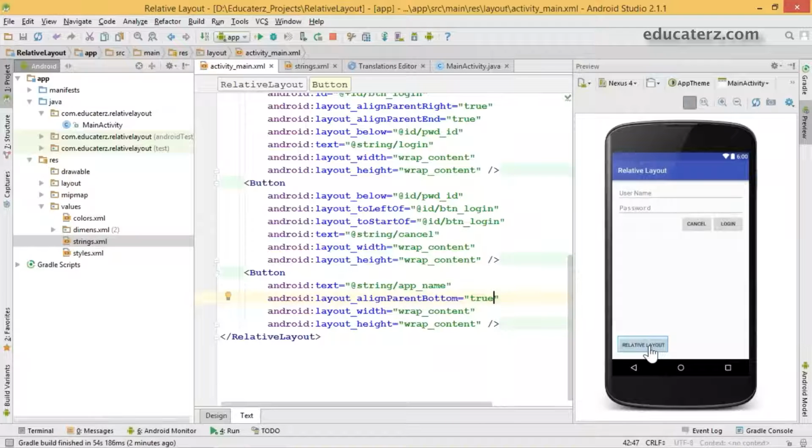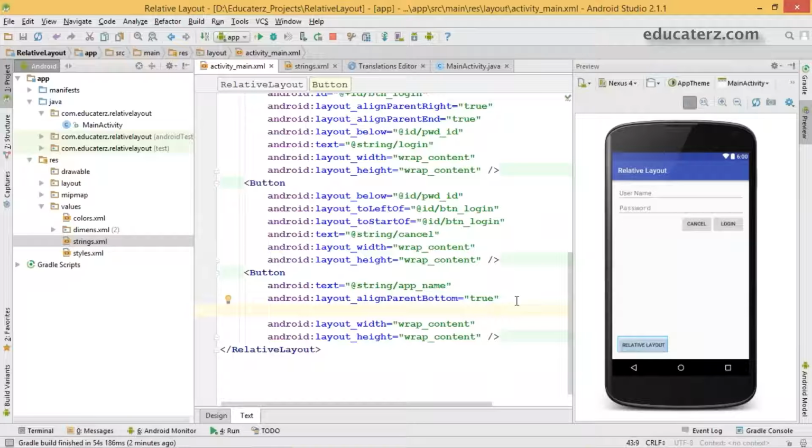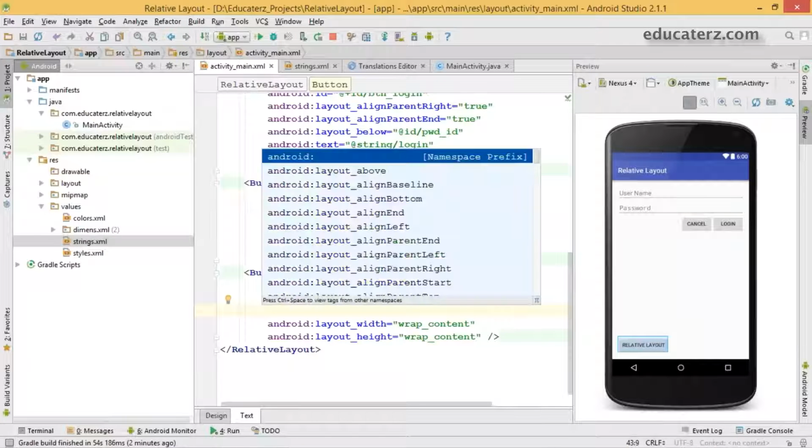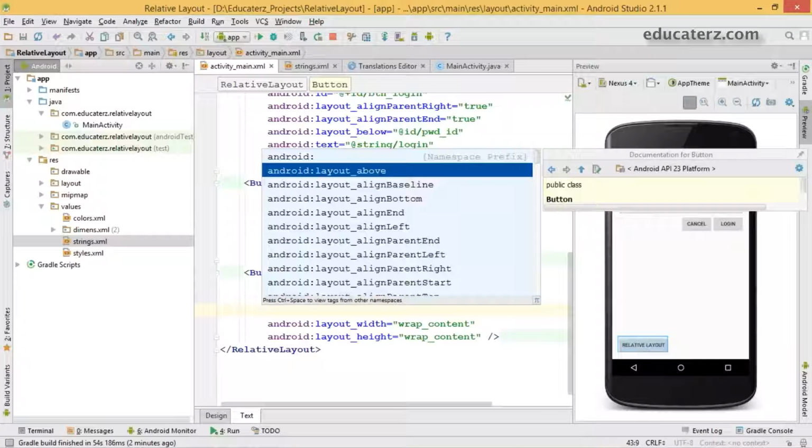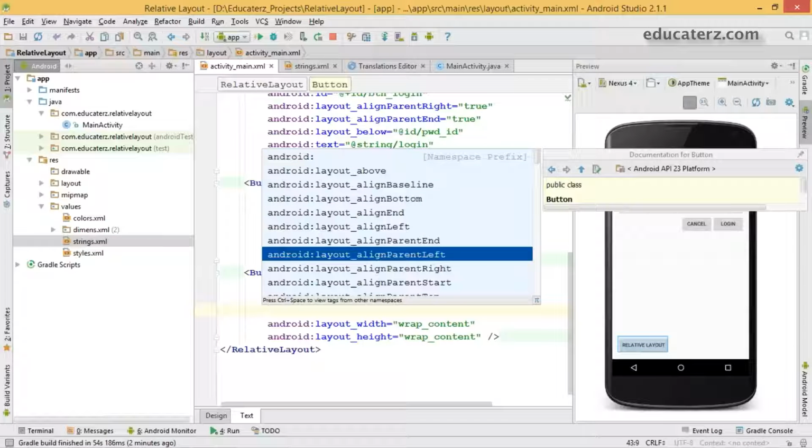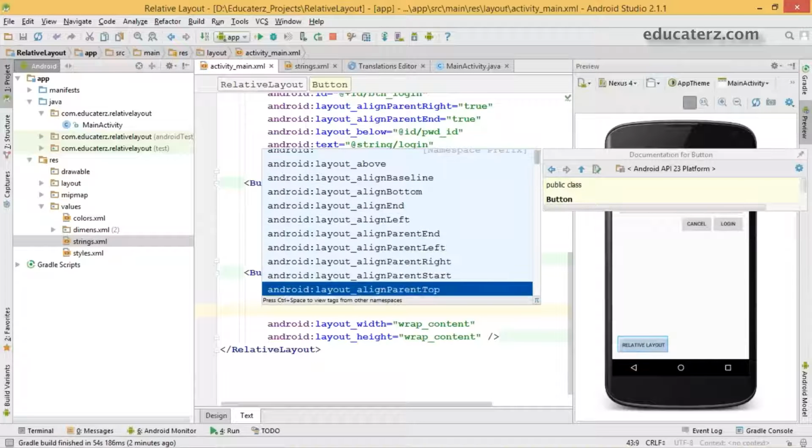If you see here, the relative layout button has been moved to the bottom of the screen. Now assume I kept that as usual and I'm trying to add one more attribute related to the parent, so automatically it will throw some error to us. So align parent left, align parent right, you already know how it looks.